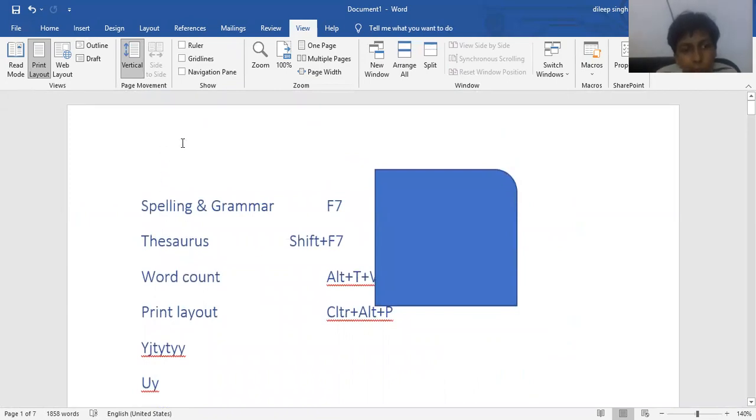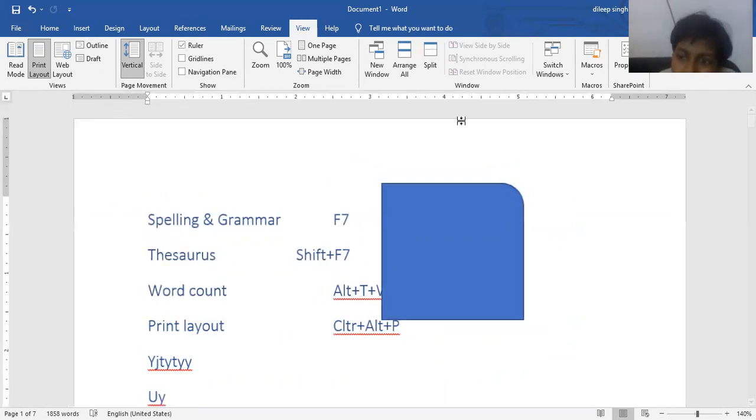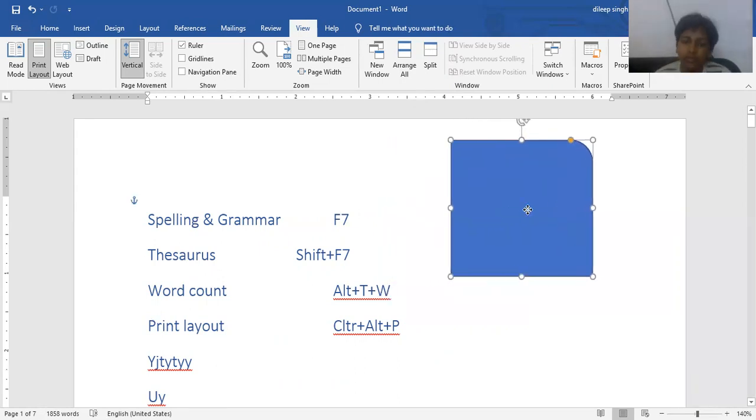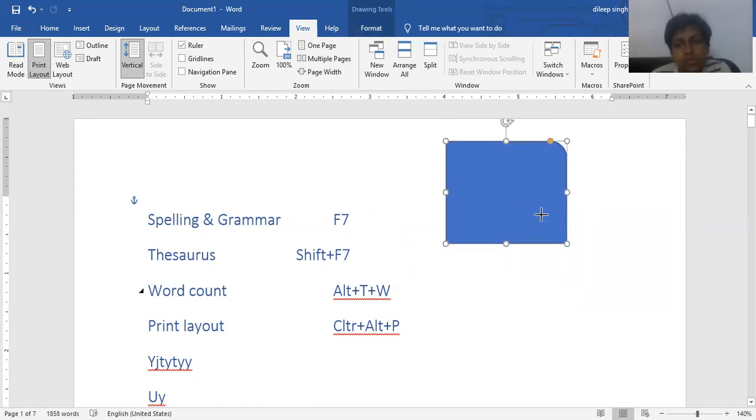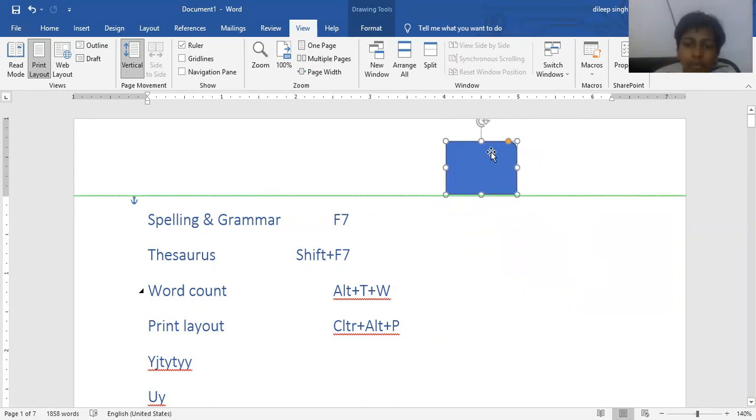Okay. Here's the next option, that is the ruler. What is the use of ruler? When we click on this option, it will provide the scale or ruler of your document. For example, you can easily find out the margin, length, the serial 1 inch, 2 inch, 3 inch. It will appear like a scale. And if you want to set this object at 4 centimeters, just click here. It will show at 4 inches.